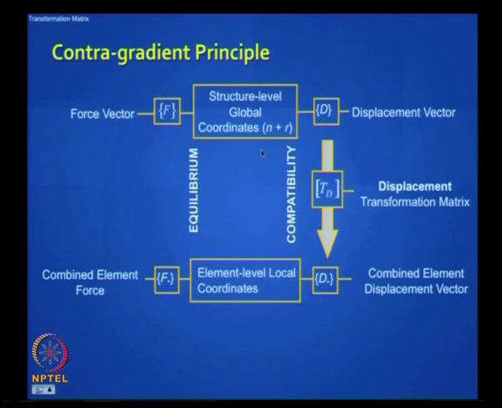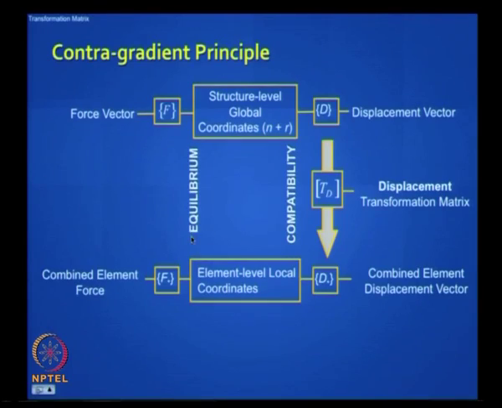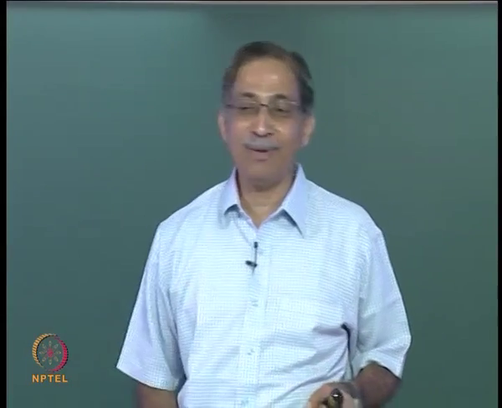Now the transformation we did was, if I know the joint displacements, then I get the individual member deformations, in this case the bar elongations, by applying the TD matrix as a transformation. I just demonstrated that, and this gives a compatibility relationship between the structure joint displacements and the member bar elongations, right. Likewise, there is a set of equilibrium relationships which relate F star with F, and do you think this relationship is linked to the TD matrix? Can we prove that relationship? How do you prove that relationship?